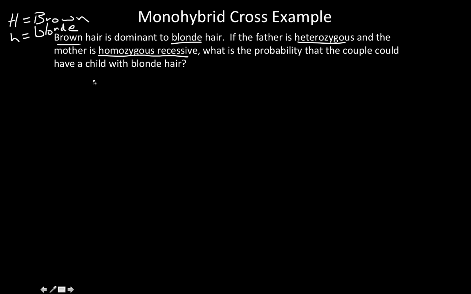So remember, the first step is to figure out the genotype of the parents. Well, for each genotype, we're dealing with a monohybrid cross, so we know that means one gene, and we have 2 alleles for every gene. So the first parent has 2 alleles for the gene, and the second parent has 2 alleles for the gene. We said the father is heterozygous, so that would be 1 dominant allele, 1 recessive allele, 1 of each or opposite. And then the mother is homozygous recessive. Remember that homo means the same and recessive, so both alleles are recessive. Next step is to figure out the